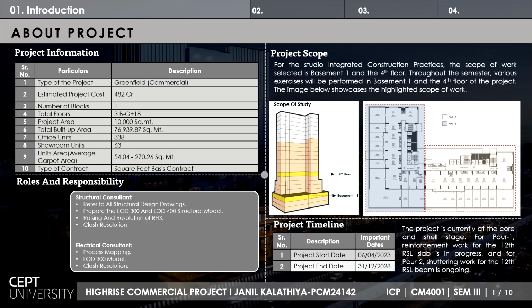Talking about the project, here is the project information. The project is a greenfield commercial development with an estimated cost of 482 crores, consisting of a G plus 18 structure and 3 basements with 338 office units and 63 showroom units spread across a built-up area of approximately 76,940 square meters. For this studio, integrated construction practices, the project scope was taken as basement 1